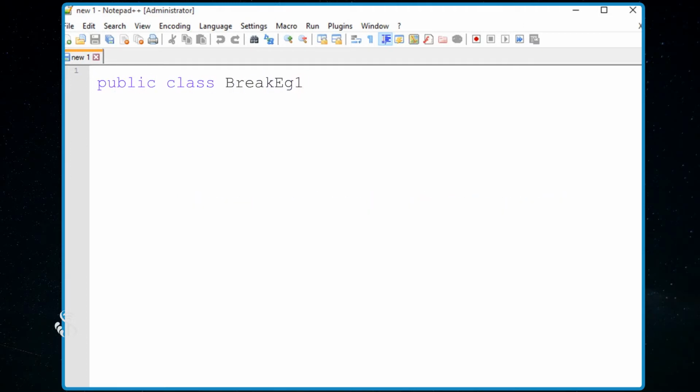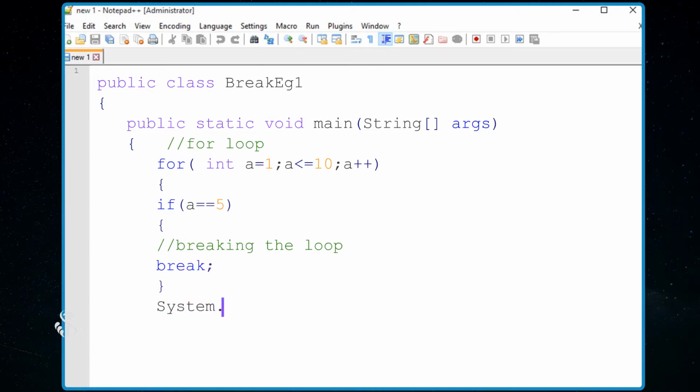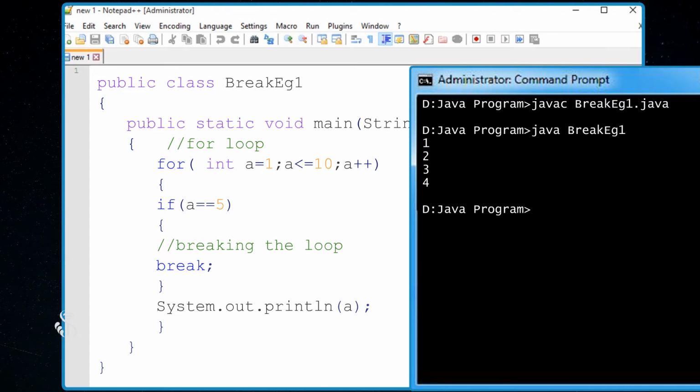Public class BreakExample1 { public static void main(String[] args) { // for loop for (int a = 1; a <= 10; a++) { if (a == 5) { // breaking the loop break; } System.out.println(a); } } } Output is as shown on your screen.